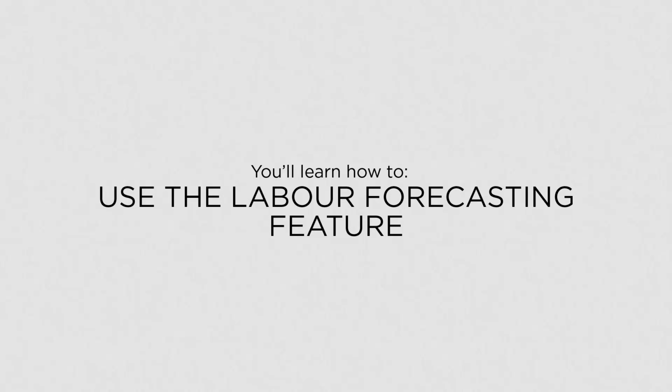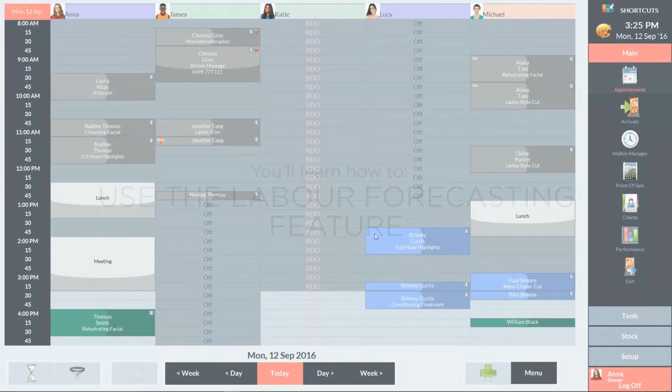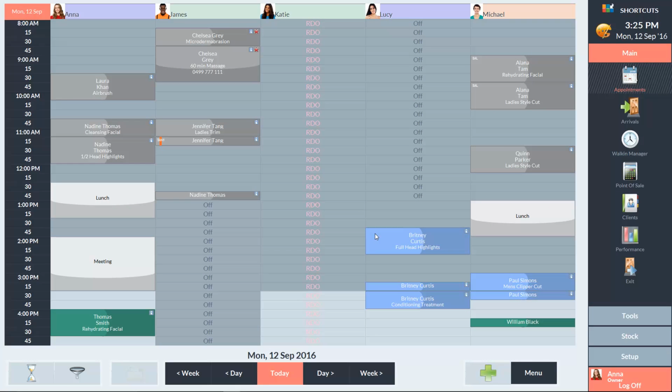In this lesson, you'll learn how to use the labour forecasting feature. Labour forecasting allows you to sample data from a previous time frame to help calculate your future roster requirements. Once labour forecasting is enabled, coloured bar graphs of your predicted appointment demand as well as walk-in demand will be displayed on the roster. This will help you plan out your roster more efficiently and avoid being overstaffed or understaffed